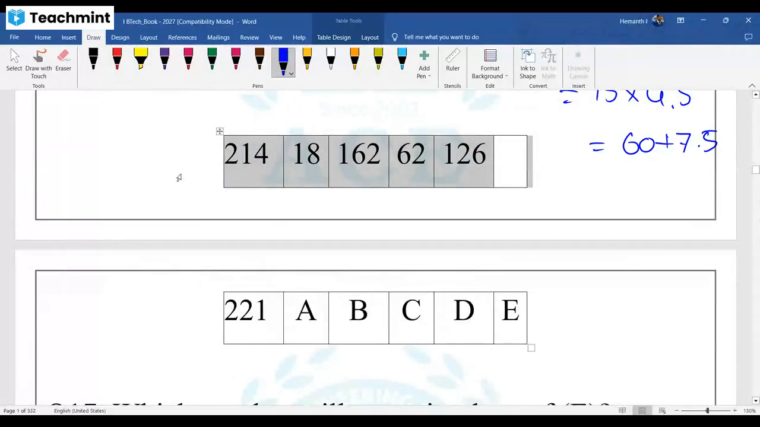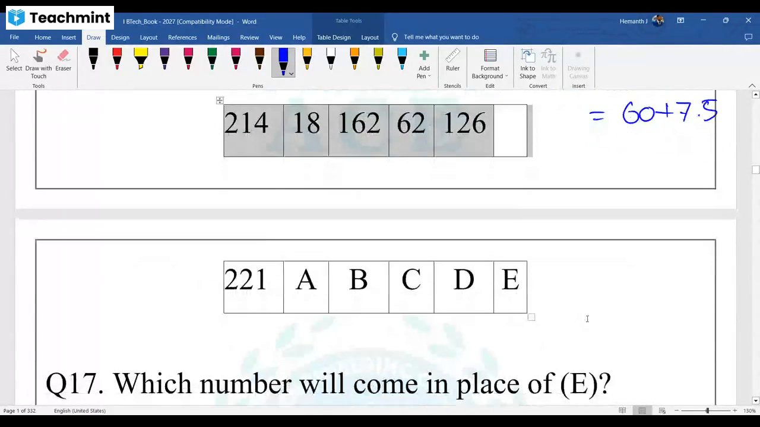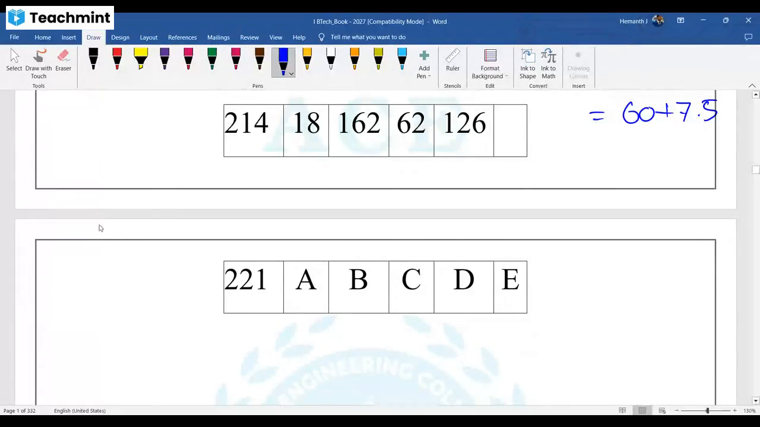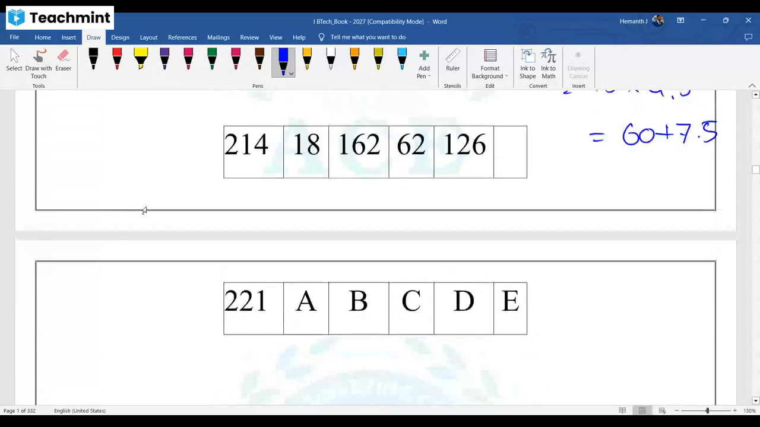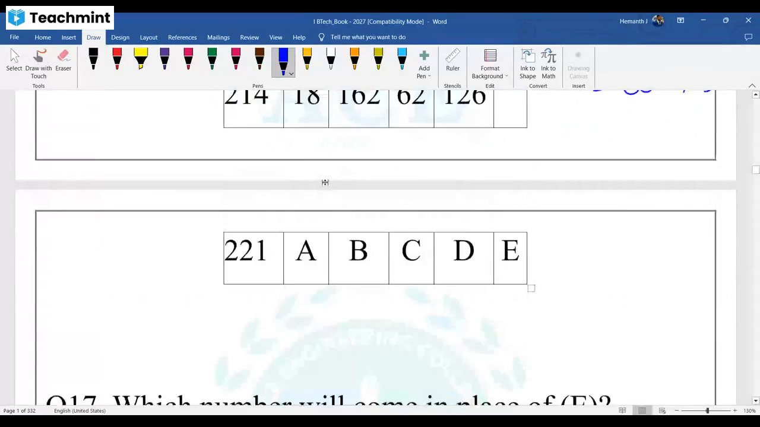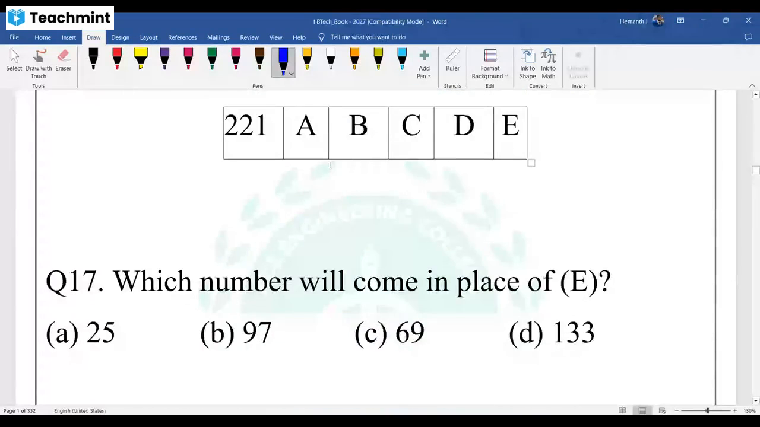So first, you identify the logic. Now, which position are they asking, my dear? The E place means you need to extend the logic. Here we have up to D only. You need to extend your logic to get the E place. Here, 2, 14, 18. I already mentioned, when you don't get the logic, what is the method that will help you identify the answers? Taking